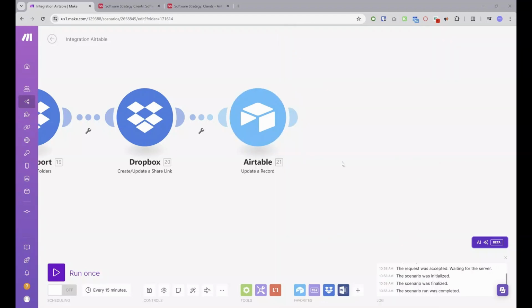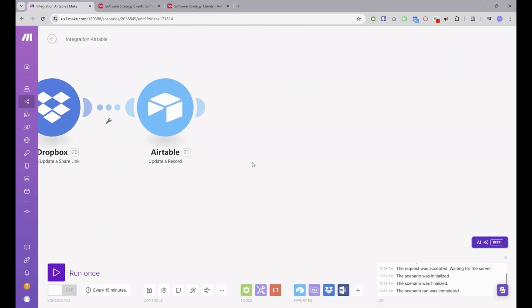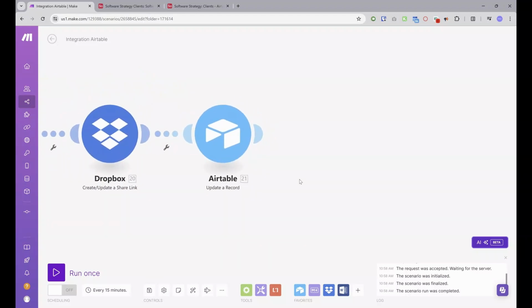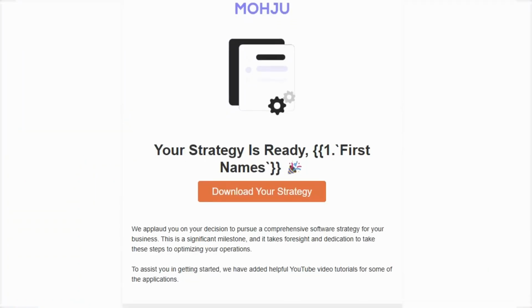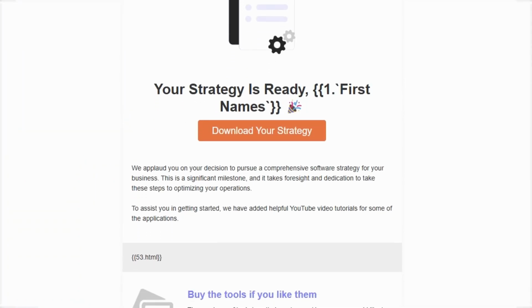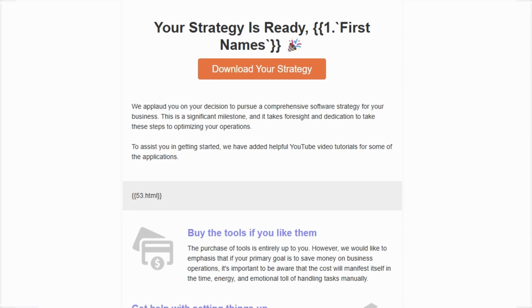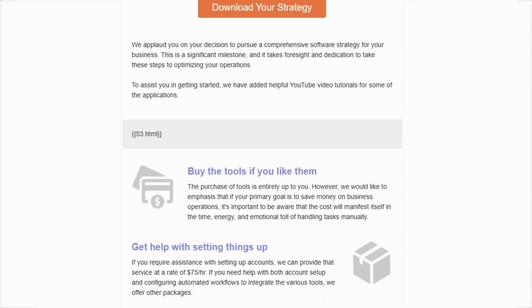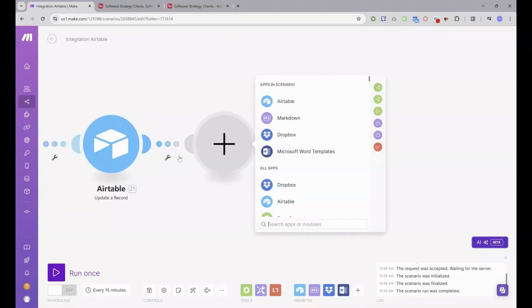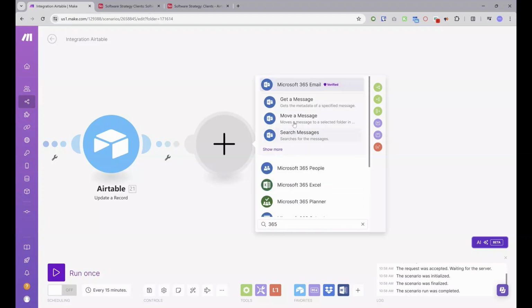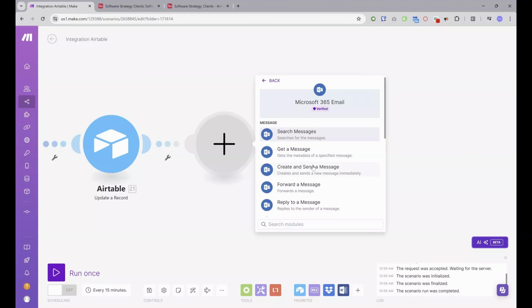And now I'm going to add this report and my notes to an email. And I like very designed emails. So this is what my email template looks like. And I use Drippo to create this and then export the HTML code so I can insert it into this next module. So with whatever your email provider is, mine is Microsoft, so I'm just going to do 365 mail, Microsoft 365 email, and I am going to create and send a message,